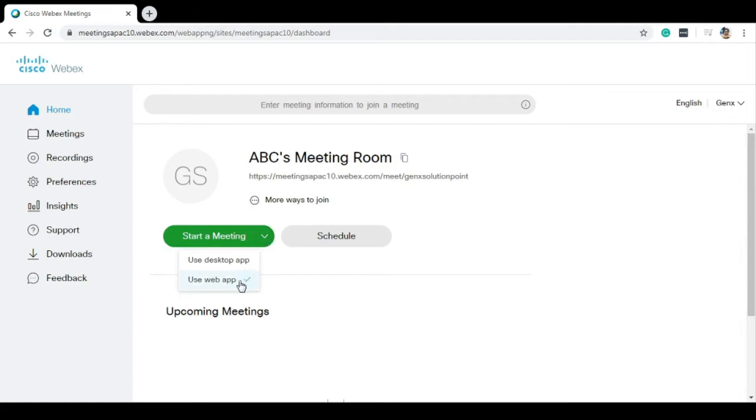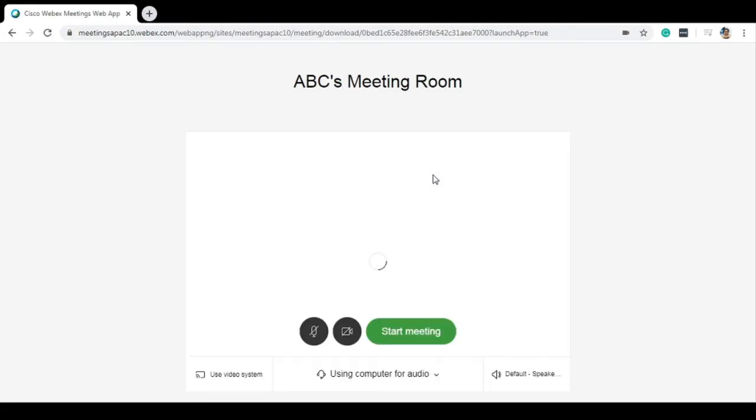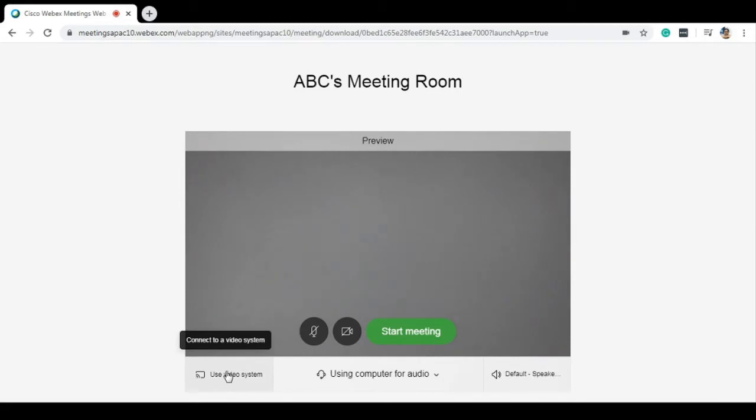So select this web application and then you click on the start meeting. Make sure you have done all the necessary security settings properly. Now as soon as you click on that start meeting, it will check for your audio and the video. Right now both are enabled, both the permissions I have already given. Still, if you wish to change the settings, you can change it from these three tabs. But if you have given the permission, there is no need to modify anything. Click on the start meeting.